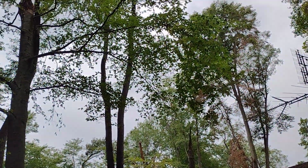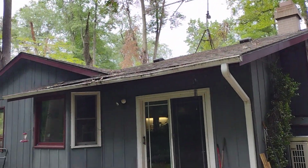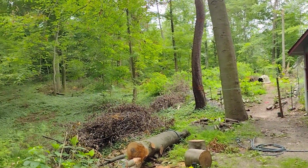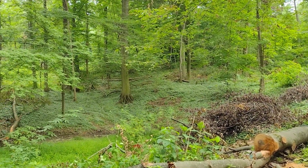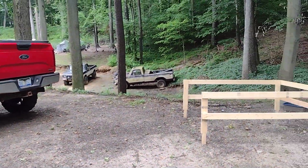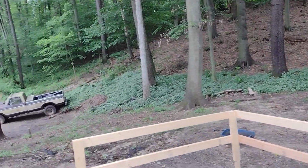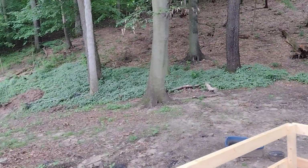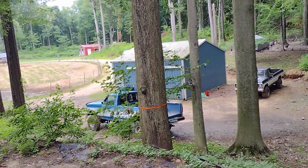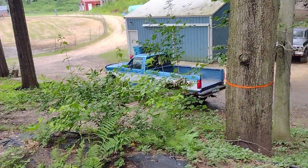And that's a tree we're pretty concerned about. If that falls on the house, it's going to hit this side of it and probably come through. We're still waiting on the money to be deposited into our account from the insurance company, but they're saying $60,000 worth of material, and then once we get receipts and everything, and show it. But like my husband said, he can deal with the way that it is until next year if we have to. My concern is that we've got,